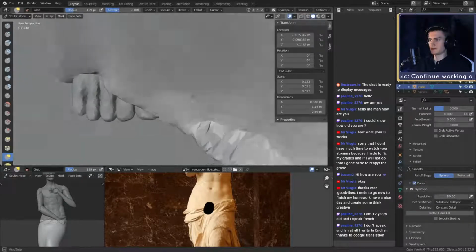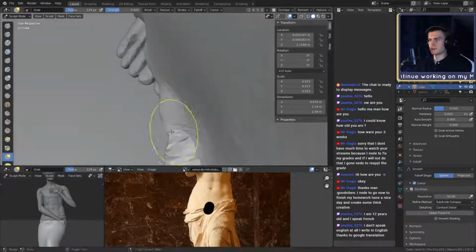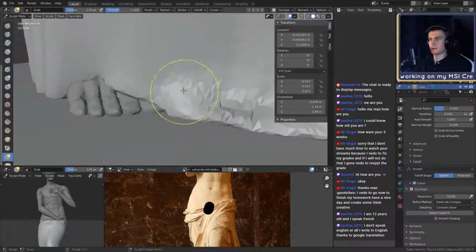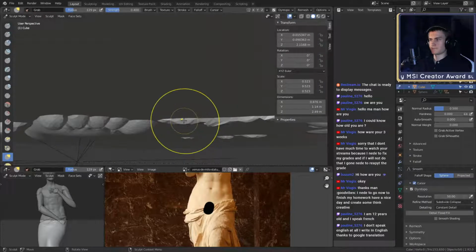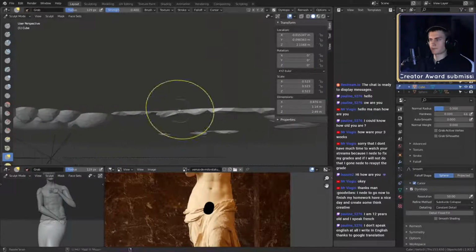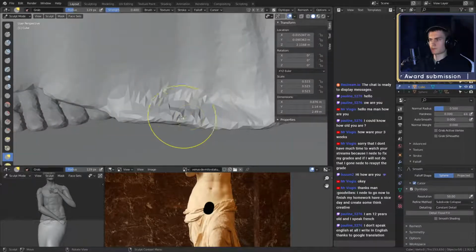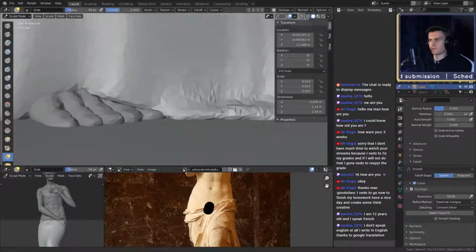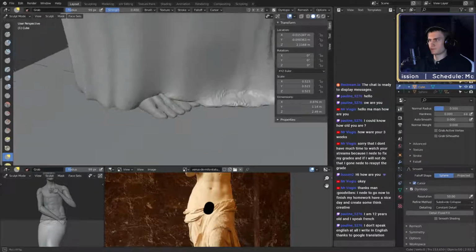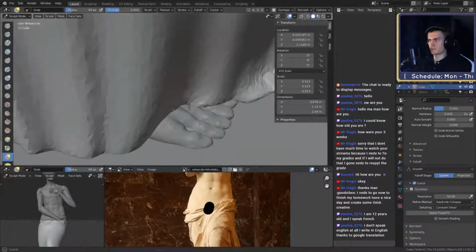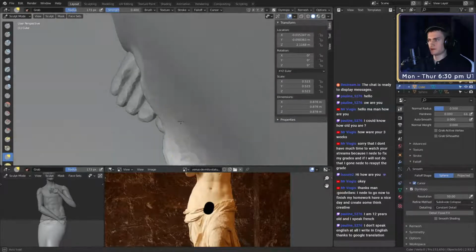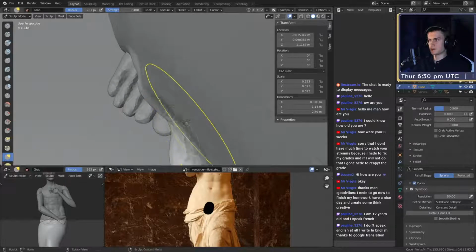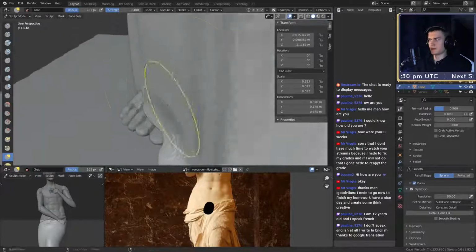That's going to be the first iteration of the cloth with less details, so this can be pretty rough, as I said before. Kind of laying on the foot as well. We kind of have to keep the toes open.